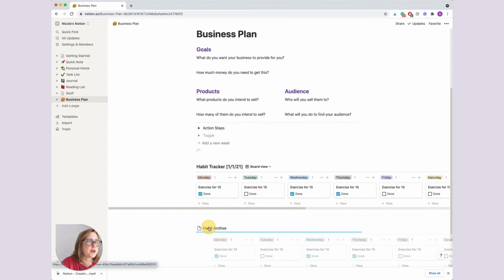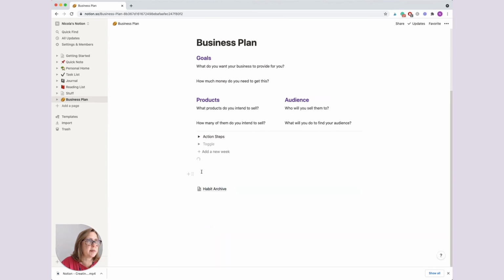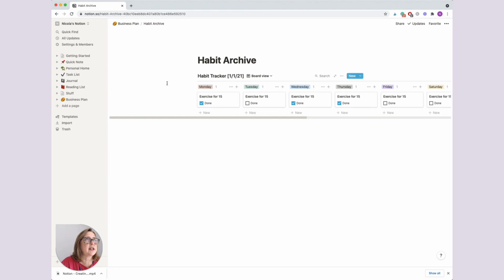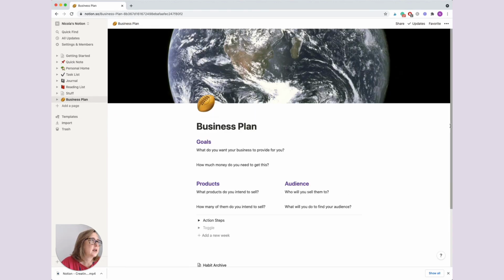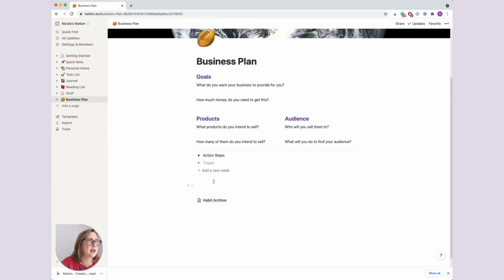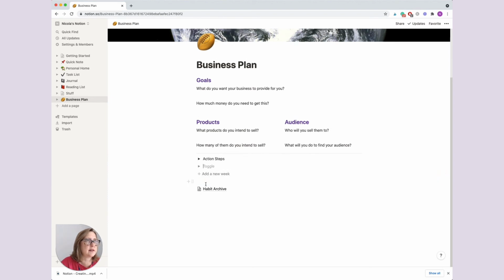And once we're finished with it, drag it into the habit archive. We're getting the other week, I believe that's what that's doing. Don't know what else it would be doing. Oh well, let's look at the habit archive, and it's got that tracker in it. So if we now go back to the business plan, I don't know what it was trying to do there, but then toggle another week,